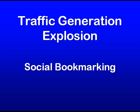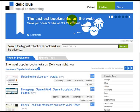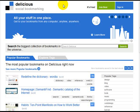Of course, if you do that on your computer, you're the only one that ever sees the bookmarks, and that's fine and well for you, but it doesn't allow others to see what you recommend. Social bookmarking is essentially when you join one of the social bookmarking sites. Delicious is one of the top ones. I certainly recommend working with Delicious. Essentially, you sign up for a free account and you install a button on your toolbar and you start bookmarking. When you come to a site that you like, you hit the button and you bookmark the site and it